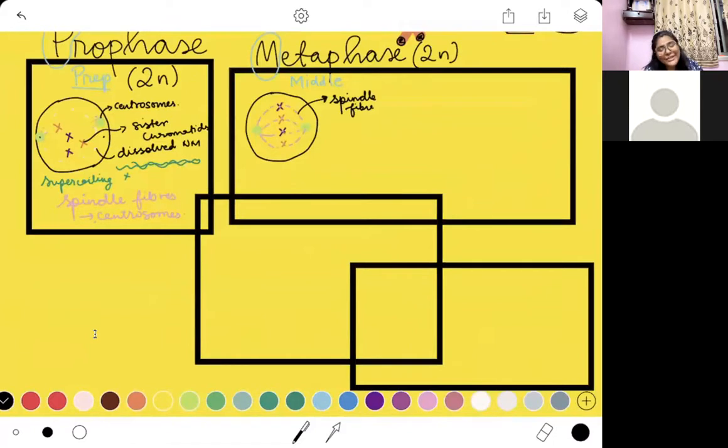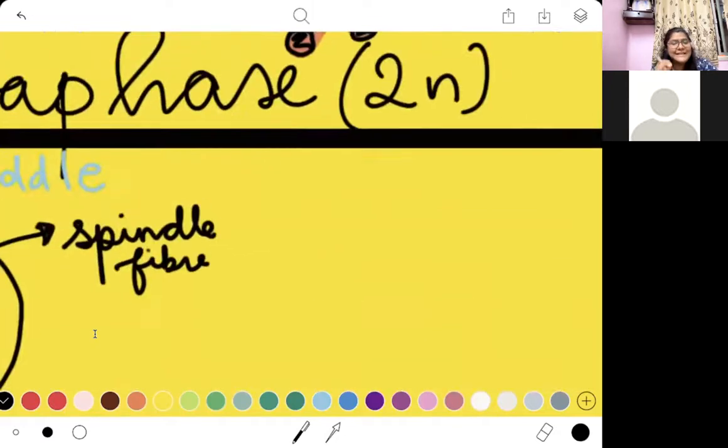Now each one of the spindle fibers is going to go and attach to the centromere of every single chromosome. These spindle fibers over a period are going to contract and they are going to pull your centromeres, and the chromosomes, toward each other. They're going to pull the centromeres and therefore the chromosomes are also going to retract toward the spindle fibers. During your metaphase, all of your chromosomes are aligned in the middle of your cell. So we are just going to write those key events down over here.